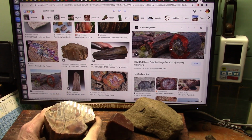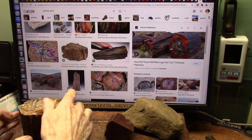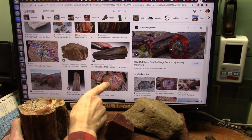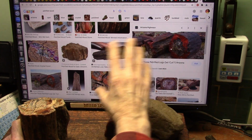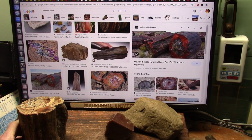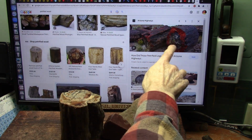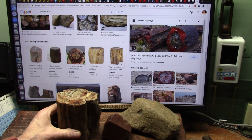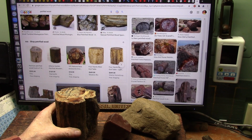All right, you saw my piece of wood here. This is very typical of petrified wood. It takes on this agatized, colorized look. And that's because it's sucked up a whole bunch of transition metals, which are what's in blood. You see, this is typical of petrified wood. It's agatized, and I believe it happened to just be in an area where there was a lot of blood. And the blood,